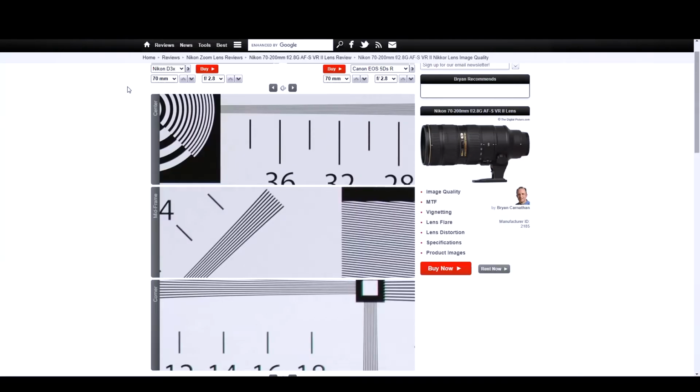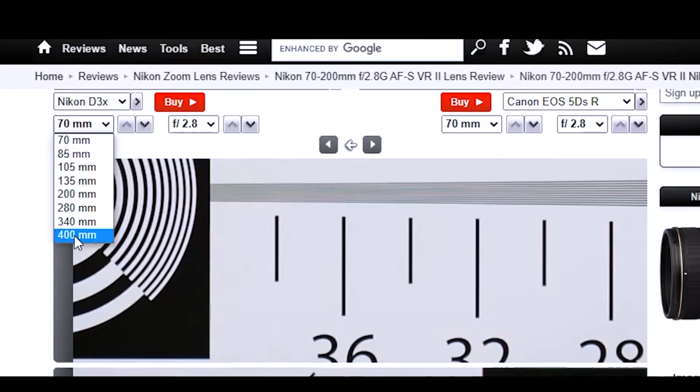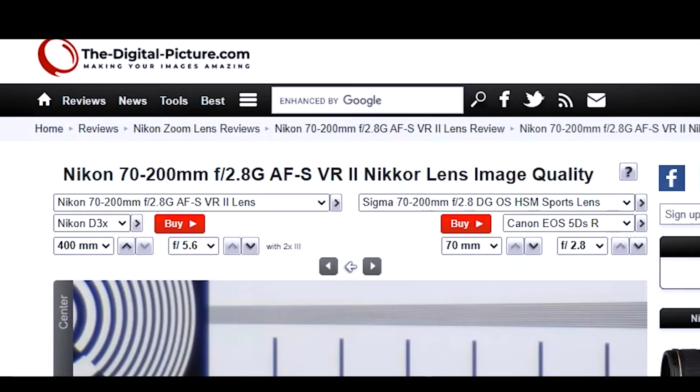What I love about this tool is that you can select the focal length, choose whether you want to see the image quality with a teleconverter attached, change the aperture, and sometimes you also get the option to change the camera body as well. Finally, this tool can be used to look at focus breathing, which is when the focal